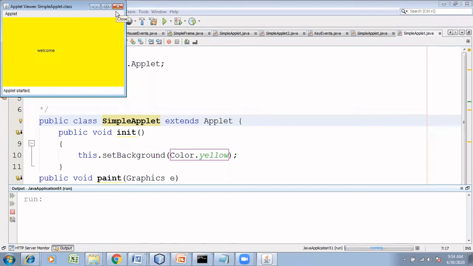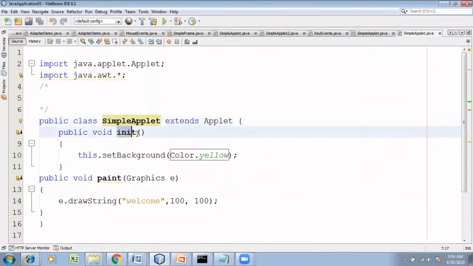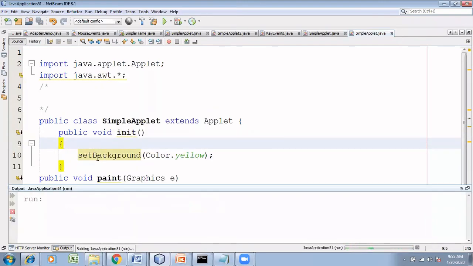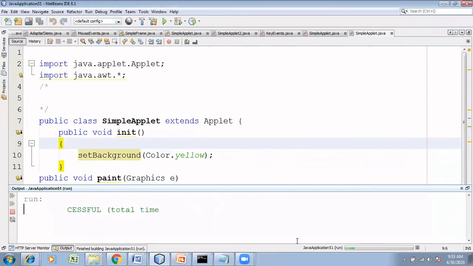Yes. Yes, students, did you understand? Right. So basically, if you want to initialize, apart from the default parameters, you should do that within the init method. You don't even want this dot. It is understood that it is applet only, isn't it? So just give set background. It's a method within the applet. So background, you got yellow. Clear?